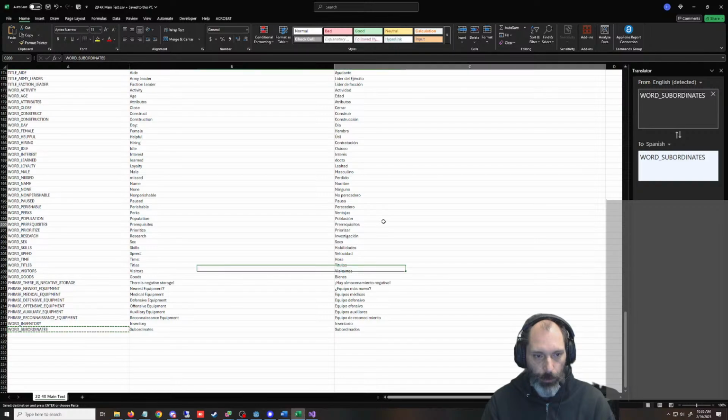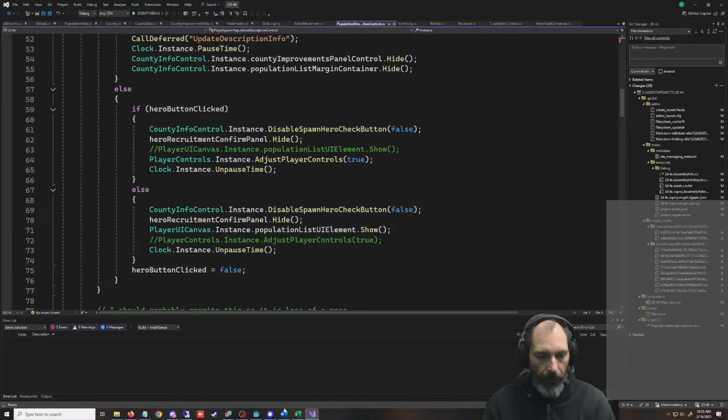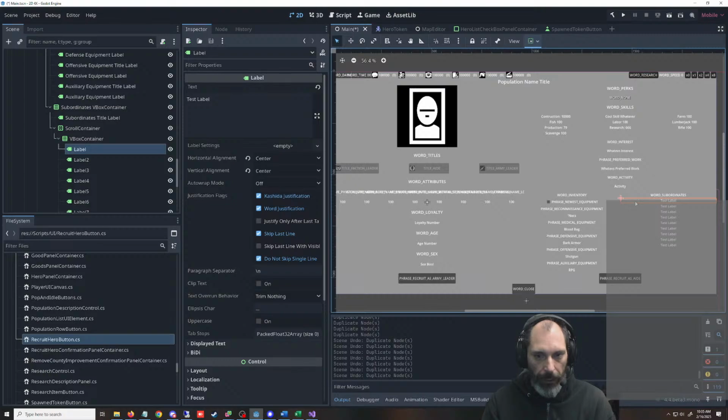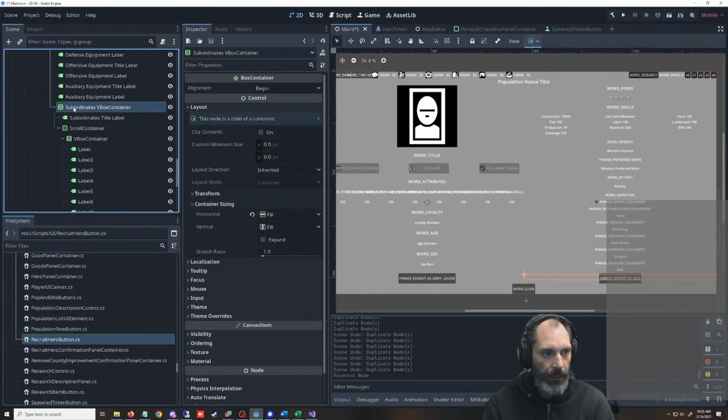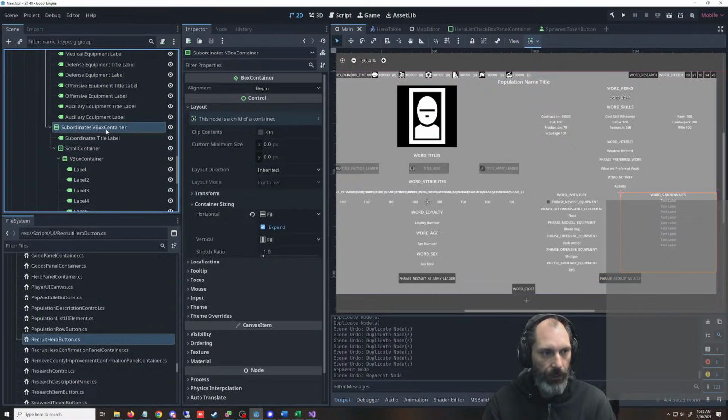So that's fine. We got subordinates. We have the notes in there for the future, for the next round. And this is just our test labels for the subordinates, because we are going to need that eventually. That's not going to be in this branch. We're just doing the inventory for this branch. So now we need to populate this and make this work. We're going to need it. Whoa, I just accidentally dragged that, but everything's fine.